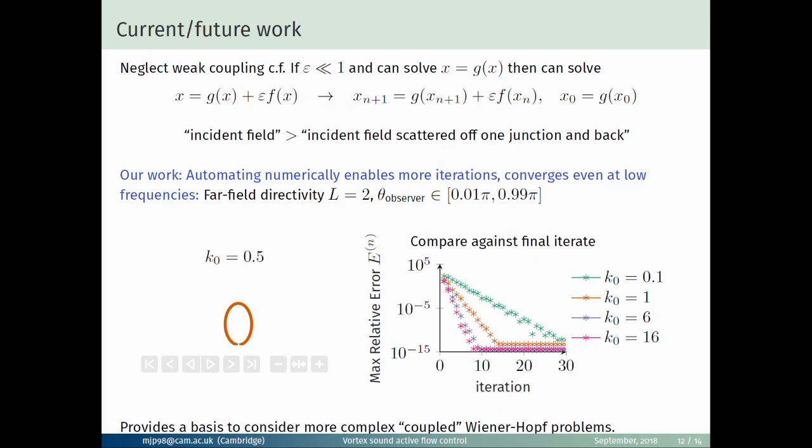And really, this idea of coupling can be extended to the multiple junction couplings that we want for active flow control, but also for a lot of other problems that involve mixed boundary conditions. So in particular, we can see an animation of how it converges, that it corrects for each junction iteratively. And it converges quite fast, converges exponentially. And by automating the process a bit more, we can show that it converges for quite low wave numbers. It takes a bit longer, but still fundamentally,